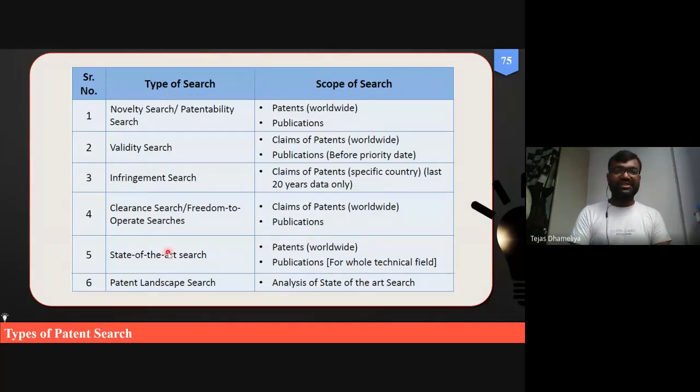Novelty search is basically for patents or publications, so you can search several publications or patents to know whether the work done is new or not. Validity search is basically for the claims of the patents and some publications before the priority dates.